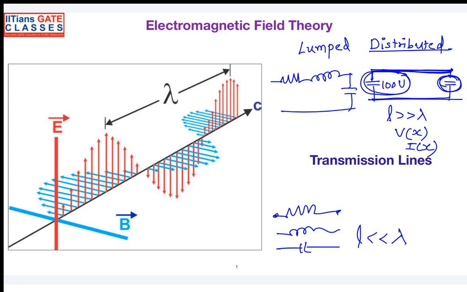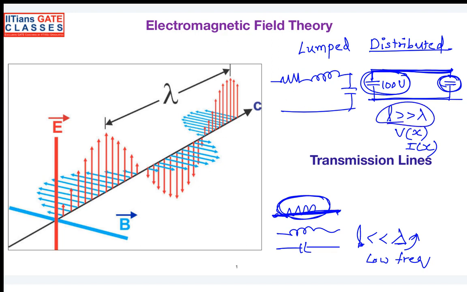And especially at low frequencies, you have confined. At low frequency, your wavelength is very high. And if you see your resistor element, the length of this resistor element is quite negligible when you compare it with the wavelength. That time, as long as the signal propagates on the length of this conductor, you can't see any attenuation because it looks to be flat, because your length is very, very small. What will happen if the length is much, much higher than the wavelength, especially at high frequencies, you are going to